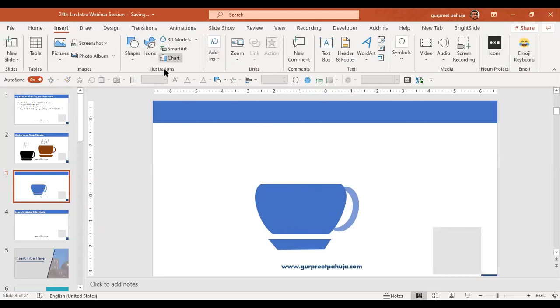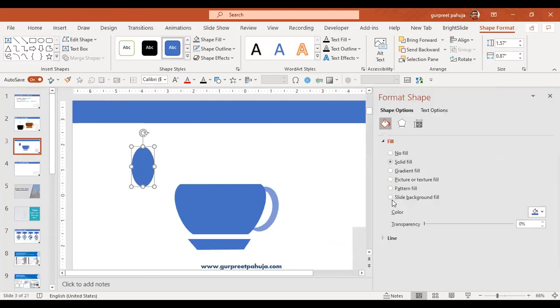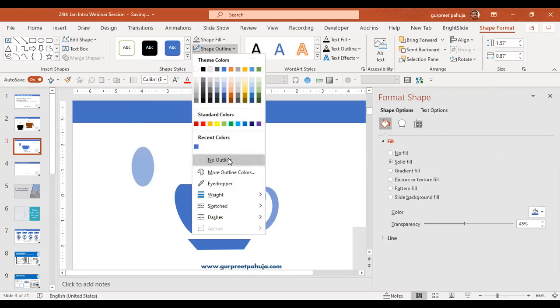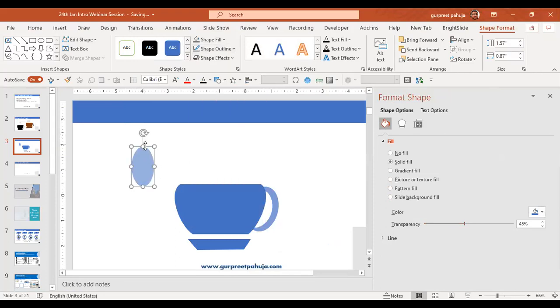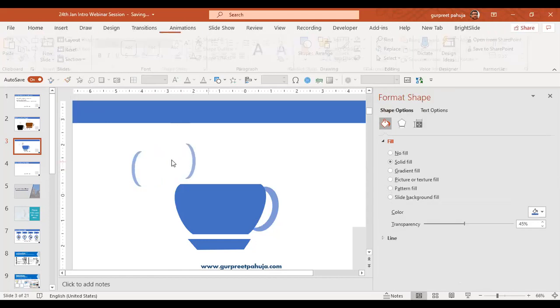Again, I'll go to insert, shapes, oval, format shape, shape outline, no outline. I'll make it a little smaller this time. Control D. I'll select both of them, go to merge shape and do fragment. I will delete this.